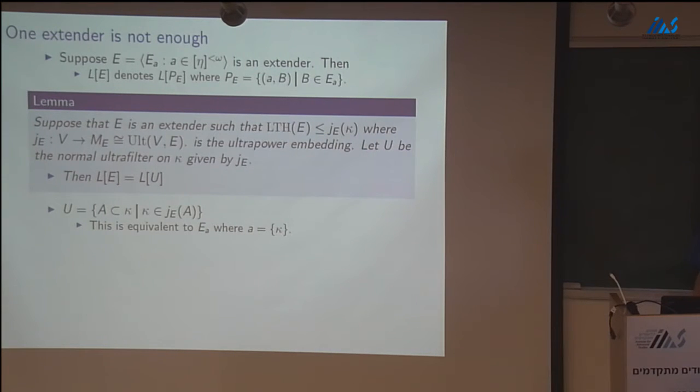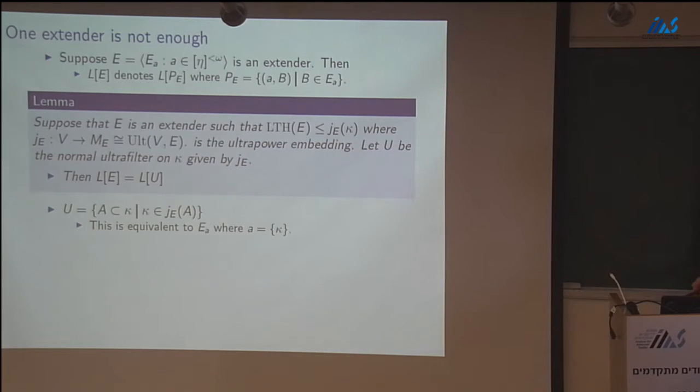It follows from Cohen's analysis. Suppose E is an extender whose length is less than the image of the critical point, so kappa E star. Then L of E, which I guess I'm being precise here, that's what I mean by L of E. Remember, E was a sequence of ultrafilters, so technically L of E would be L. So I have to repackage E to get something. I want the smallest model such that the restriction of E to the models in the model, and that's what this gives.